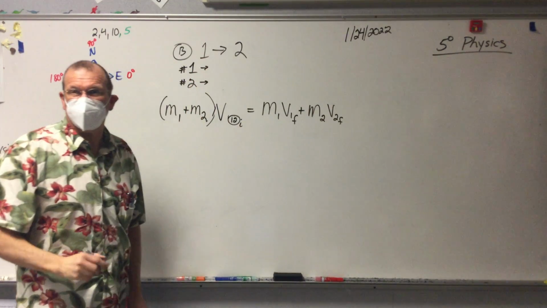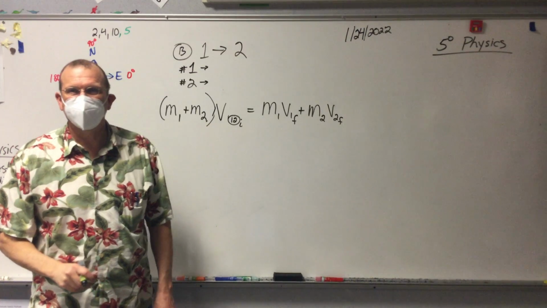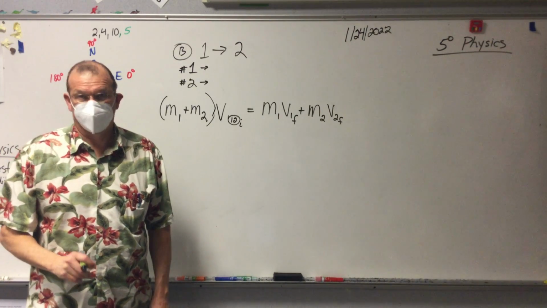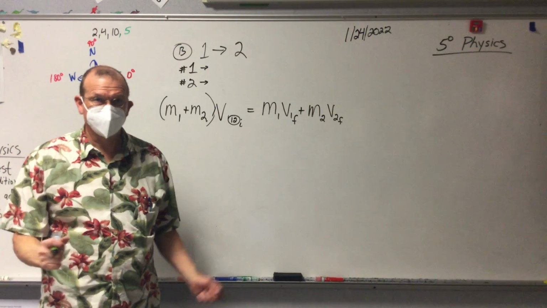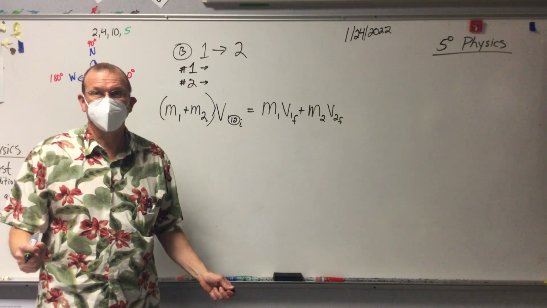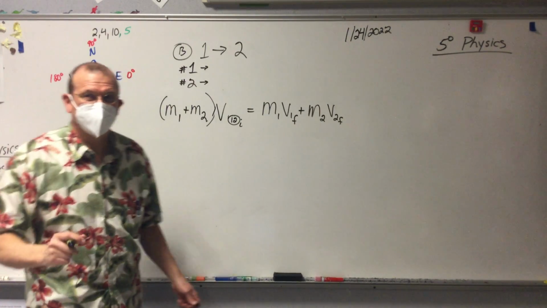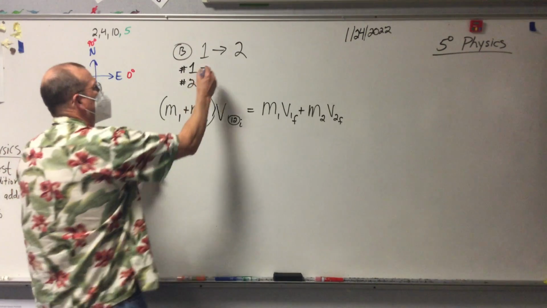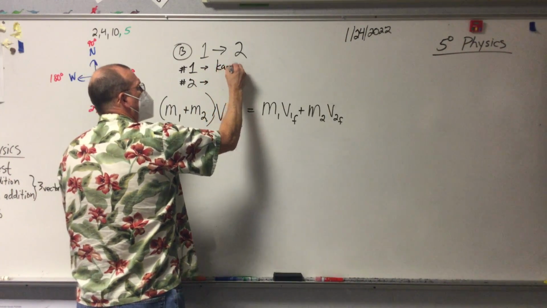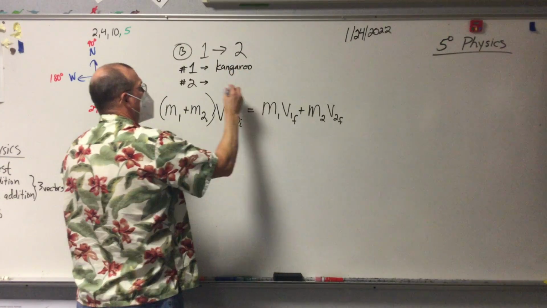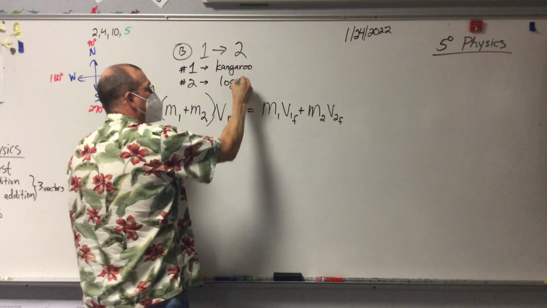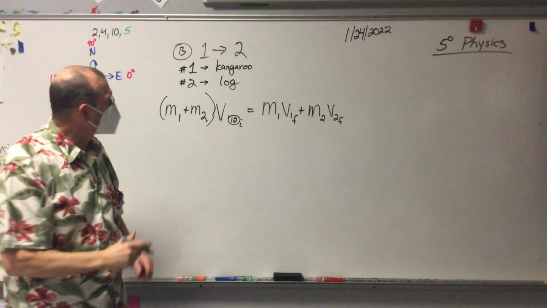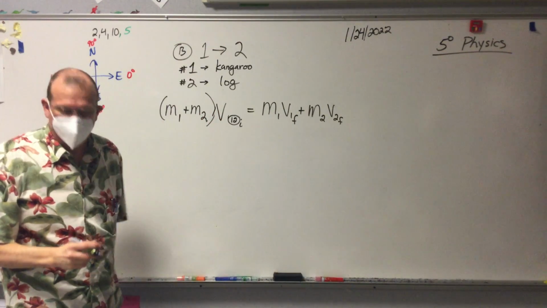And the truth is, it doesn't matter. So somebody want to just decide? Oh, it's a tough decision. Okay, Maria. M1 or object 1 be the kangaroo. Okay, so we're going to have 1 be the kangaroo. And that means 2 is now the log then. Okay? So now that we've decided that,